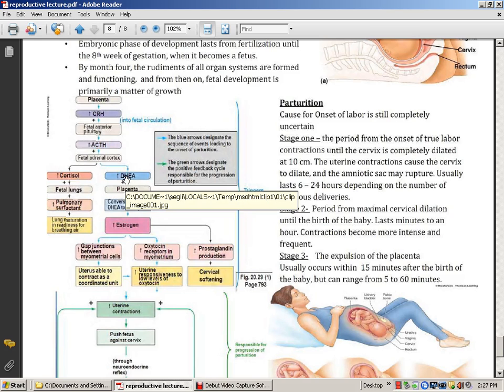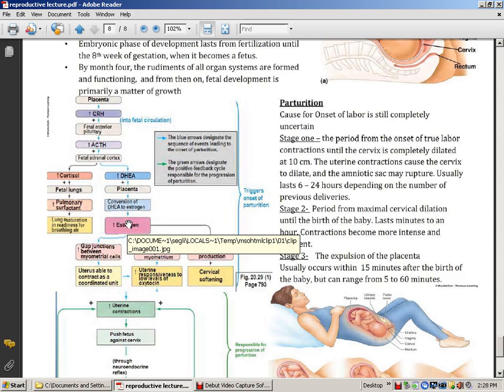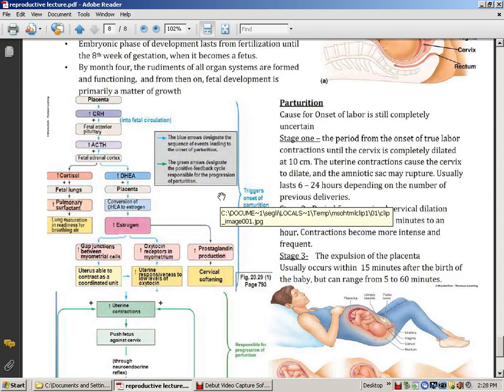But this DHEA and the cortisol also kind of seep over, and the DHEA will start becoming estrogen and getting into mom's blood. What does estrogen do to the uterus? Contracts. So when the DHEA is converted to estrogen, it's going to start making small contractions in the uterus. So she starts feeling those Braxton Hicks contractions, that uncomfortable feeling. And when it becomes big enough, a signal is going to come all the way up to the hypothalamus and tell the hypothalamus what? Release the